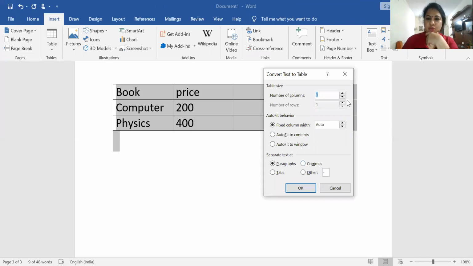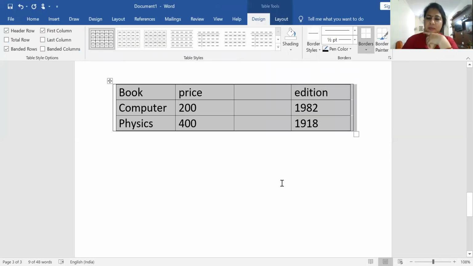Choose the number of columns and rows and then click OK. Here you see the options: separate text at paragraphs, columns, commas, tabs, or others. If I choose tabs, then it will look like this. I choose the separator I need, then press OK and it comes up like this.